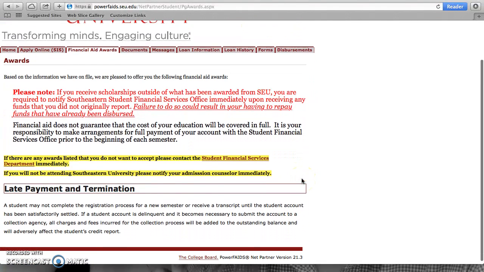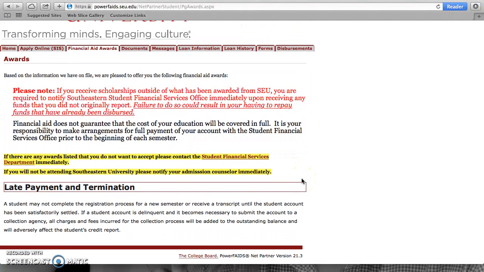Now as you'll notice, I don't have any awards listed because I've already declined mine. So that's okay. I don't want to see awards right here if I've declined them. Otherwise, yours would normally populate. And then, of course, there's some important messages here that are highlighted and typed in red that you'll want to